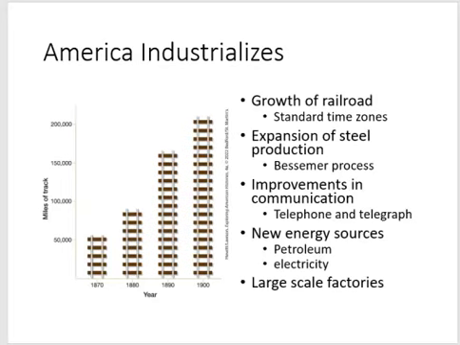So let's start with the big picture. After the Civil War, the United States had experienced rapid industrial growth. Factories expanded, cities grew, new technologies emerged, and the entire economy became more connected and more complex. So by the early 1900s, the United States had become one of the leading industrial powers in the world. But what made this possible? I've listed here a few key developments that I would like for you to remember.